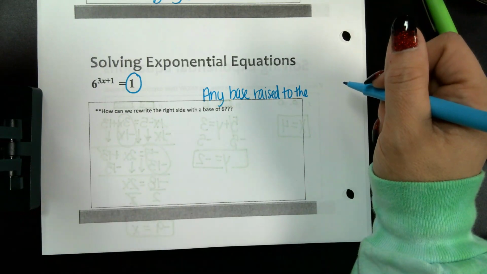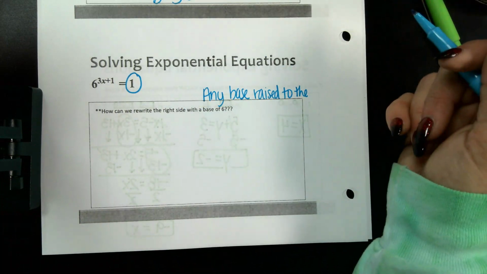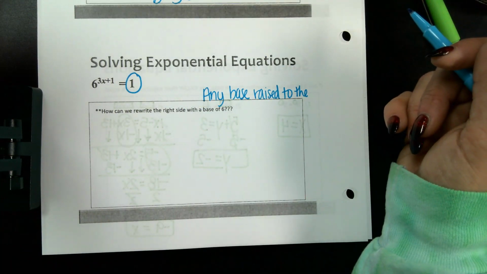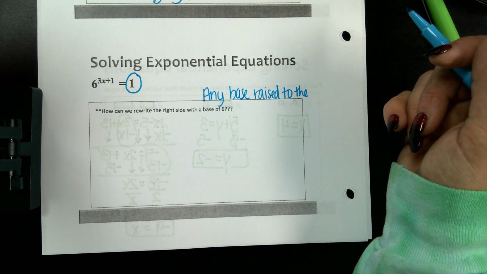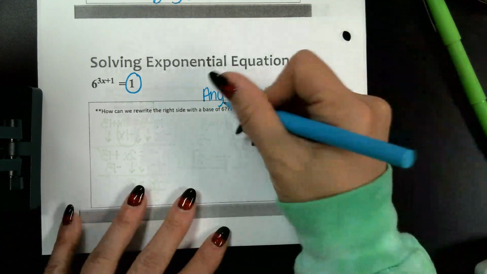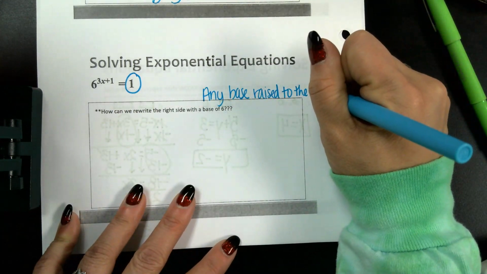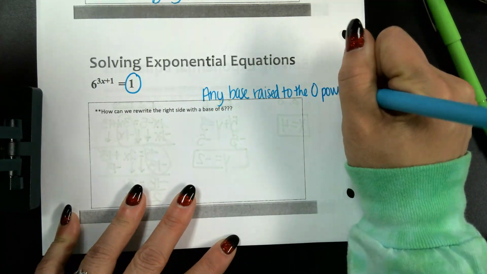No, because if you raise something to the first, it's just that number. So think of the number right before 1. So any base that is raised to the 0 power